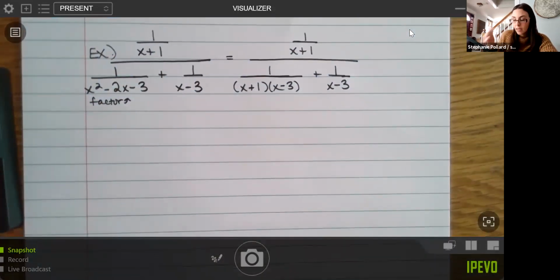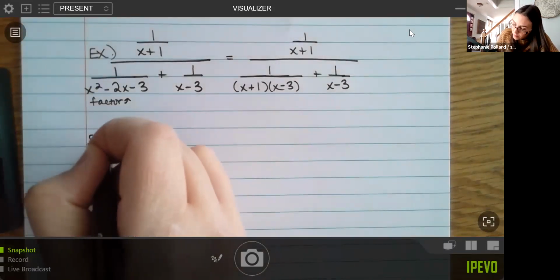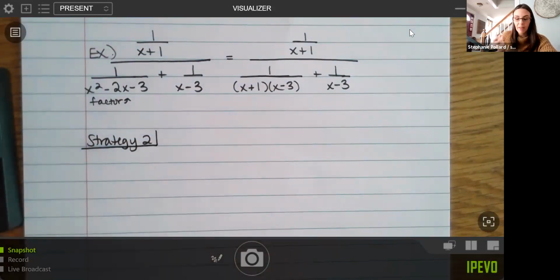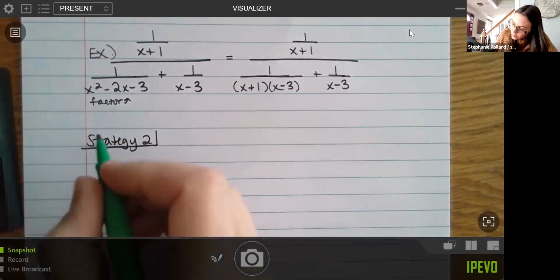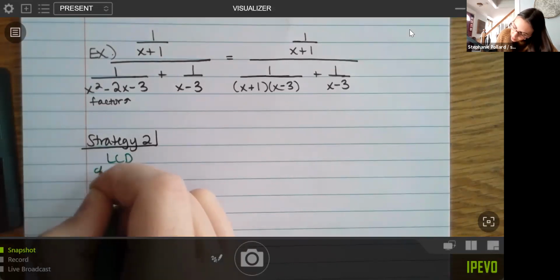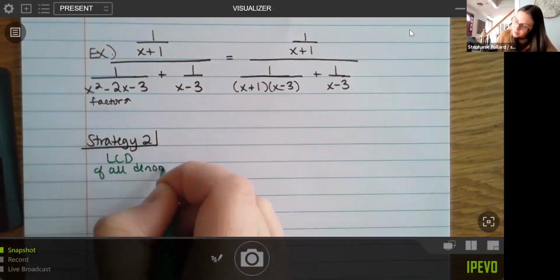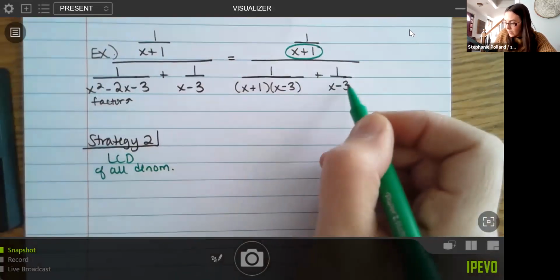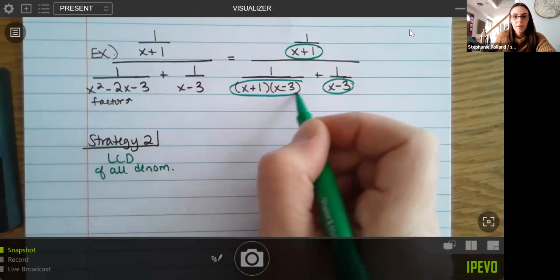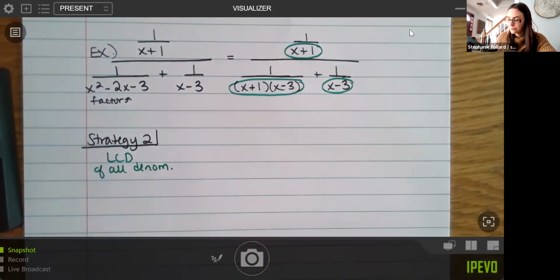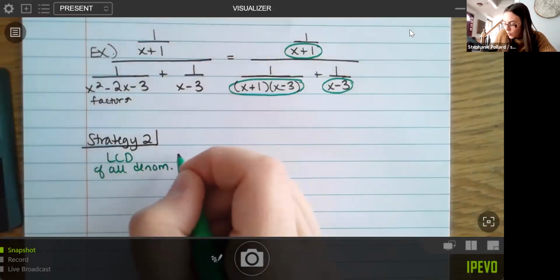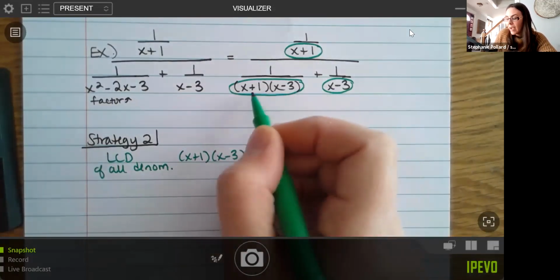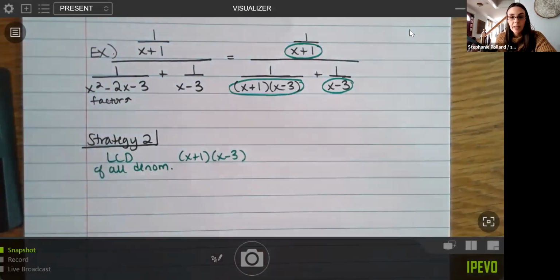And I'm going to focus again on strategy 2 here, since that tends to be the more preferred strategy, it is a little bit faster. So what you need to do is you need to find the LCD of all denominators. And again, by denominators, I mean the fractions within the fractions. So here's one, here is another, and here is another group. So I've found 3 sets of denominators here. So I definitely need the x plus 1. I definitely need the x minus 3. Now here I have the same factors again, x plus 1, x minus 3, so I don't need to write